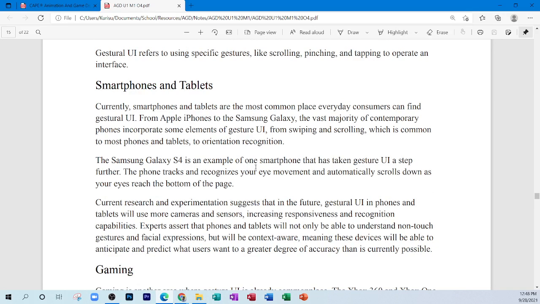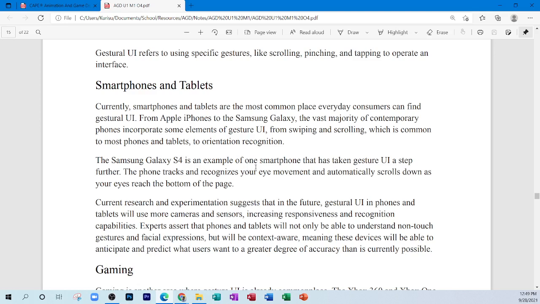Gestural UI refers to using specific gestures, like scrolling, pinching, and tapping to operate an interface. Currently, smartphones and tablets are the most common place everyday consumers can find gestural UI. From Apple iPhones to the Samsung Galaxy, the vast majority of contemporary phones incorporate some elements of gesture UI, from swiping and scrolling, which is common to most phones and tablets, to orientation recognition. The Samsung Galaxy S4 is an example of one smartphone that has taken gesture UI a step further. The phone tracks and recognizes your eye movement and automatically scrolls down as your eyes reach the bottom of the